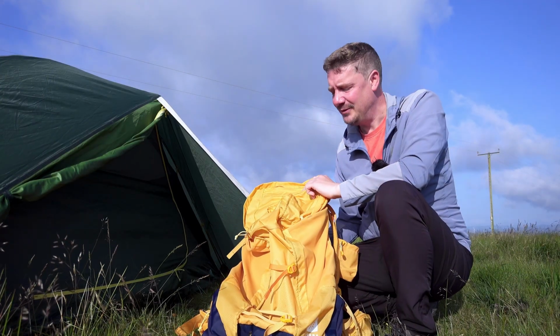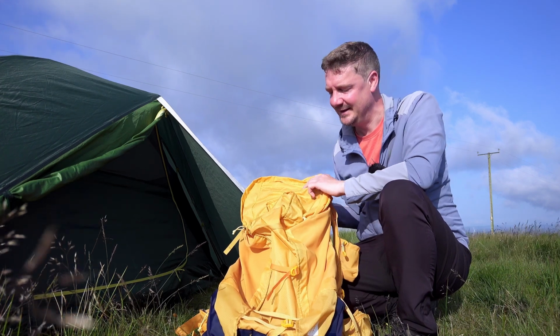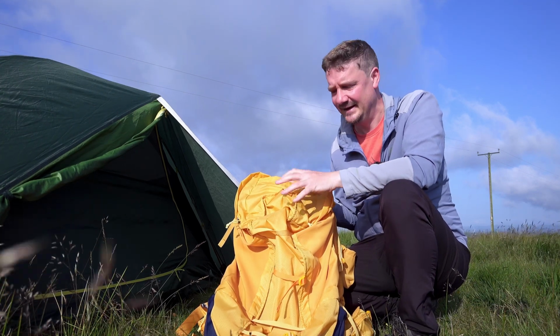As you can see, you can get quite a lot of stuff into this bag, which is helpful when you've got to carry all the gear for someone else as well onto a camp. So I think with a bit of clever packing, I probably could have got a little cooking stove in here as well, and perhaps a couple of porridge pots for breakfast this morning. But no,